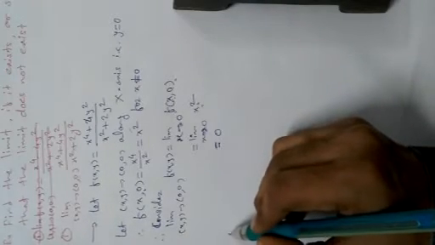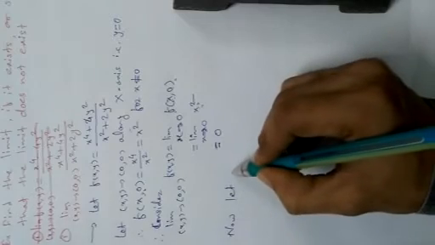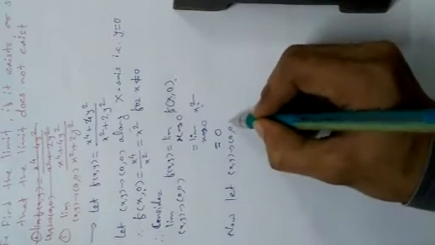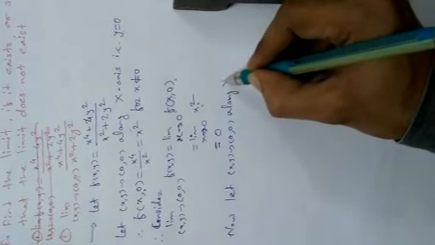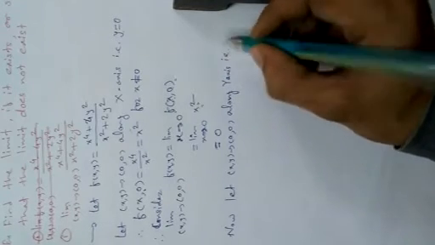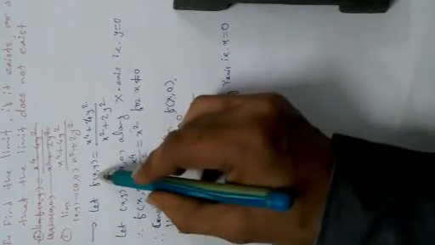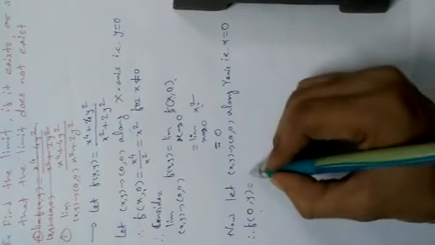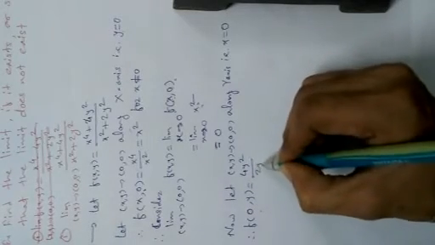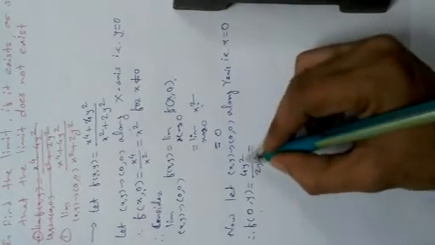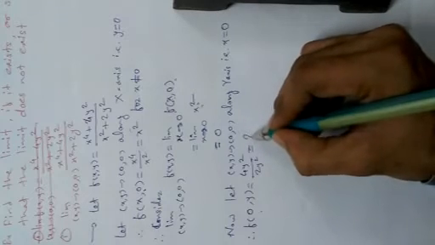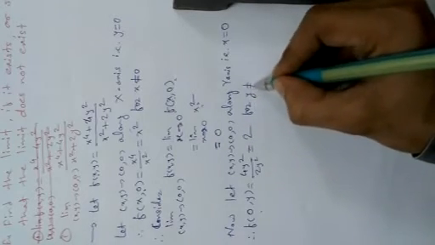Now we take the second path. Now let (x,y) tend to (0,0) along the y-axis, that is x equal to 0. Therefore the function becomes f(0,y), now we have put x equal to 0 and y as it is. We will get 4y square upon 2y square. 2 and 4 get cancelled and we will get 2 for y not equal to 0.